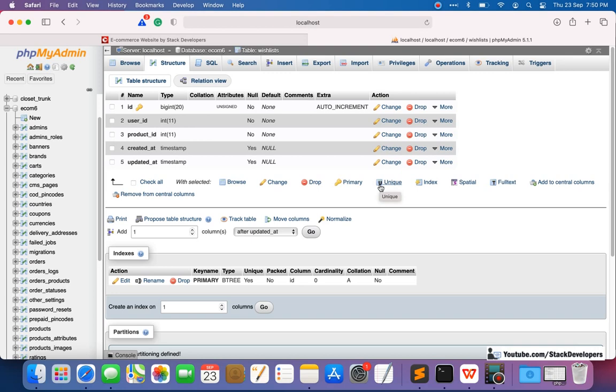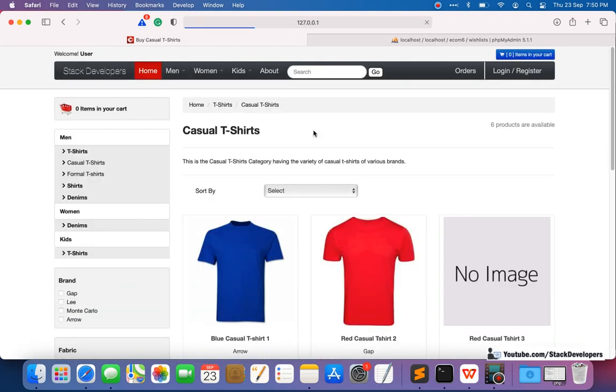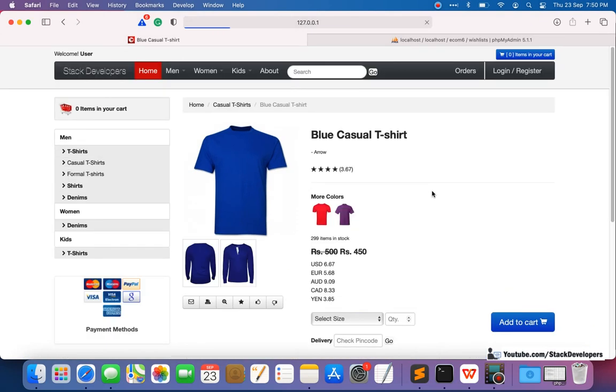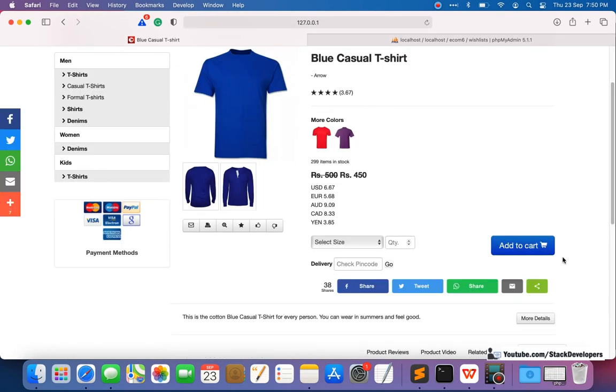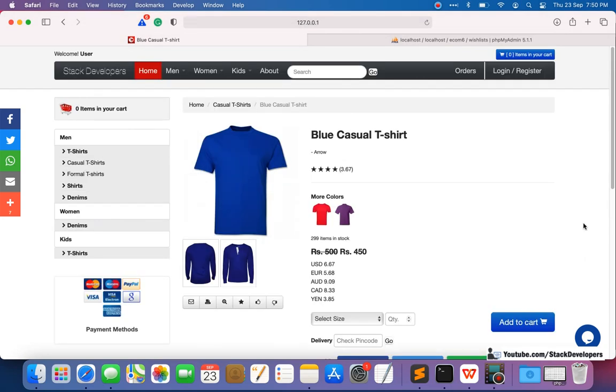at. Okay, so these two columns, user ID and product ID, we want... if you open any of the products here, see. Okay, so here we are going to create a button like Add to Wish List, and the size is not required. The user is going to click on that button and the product will get added to his wish list, and we are going to give the wish list link somewhere. Like here, items in cart, here we are going to show the heart icon for the wish list, so that the customer can go anytime and check his products.